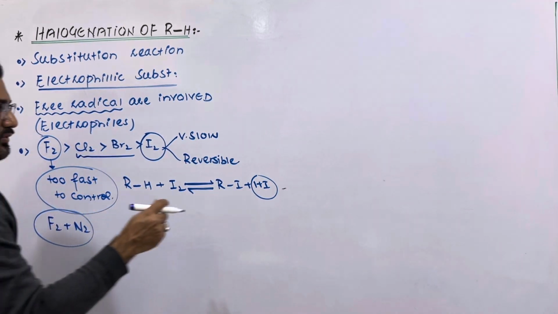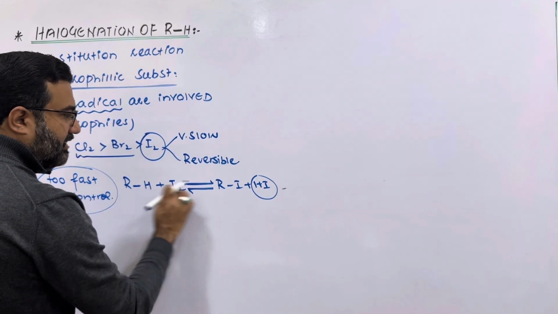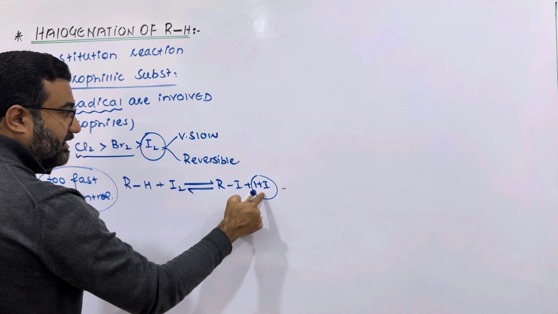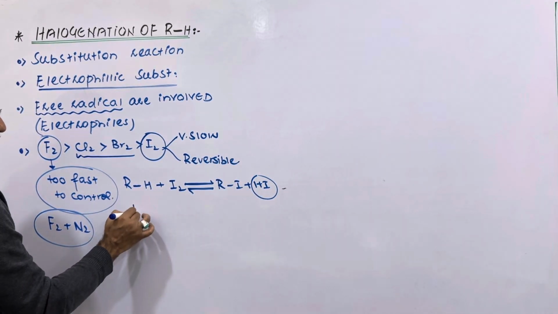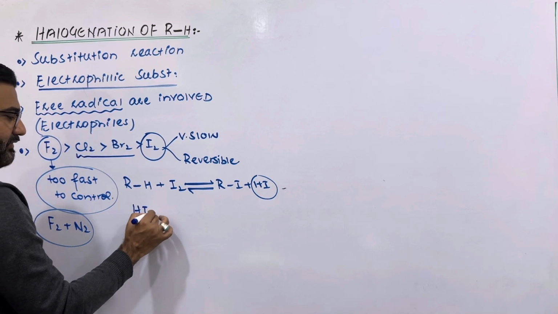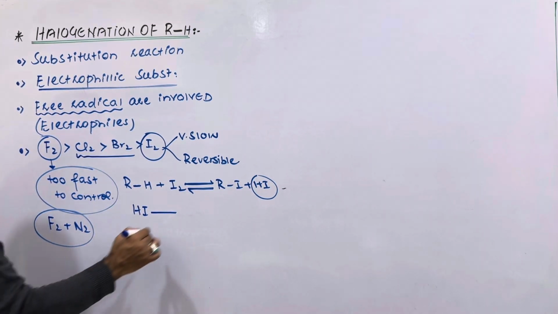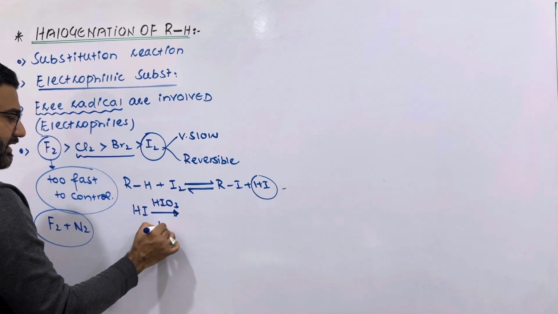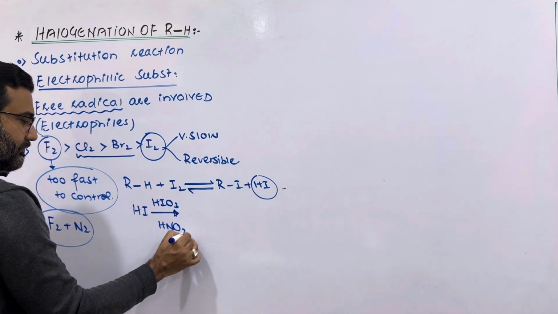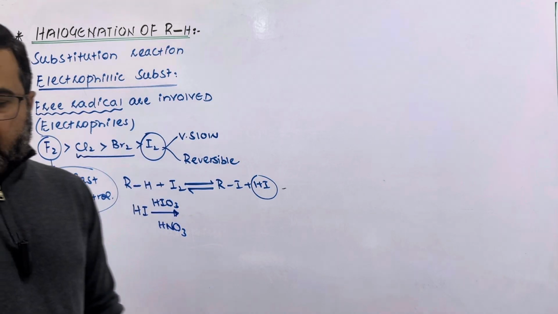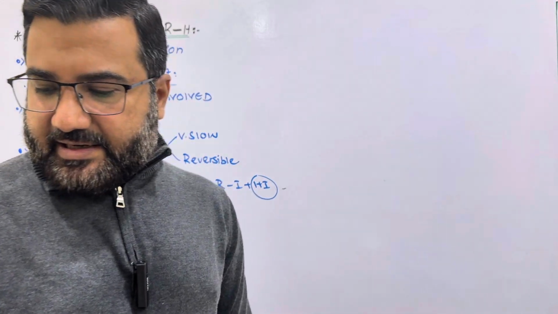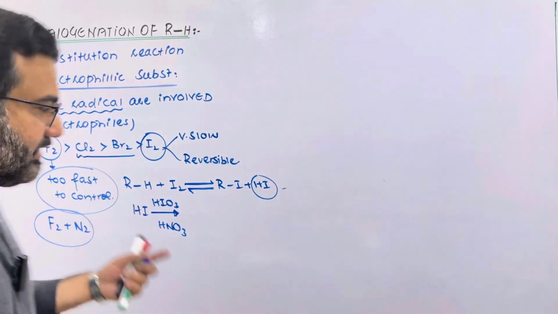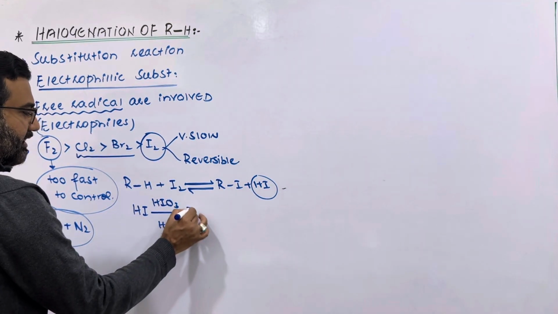If you want to make this reaction go more in the forward direction, you will have to destroy this reducing agent HI. And in order to destroy the reducing agent HI, you will have to use some oxidizing agents like periodic acid, like HNO3. When you use oxidizing agents like HNO3 or HIO3, then this HI will be oxidized and converted to